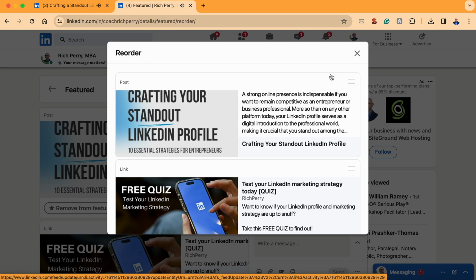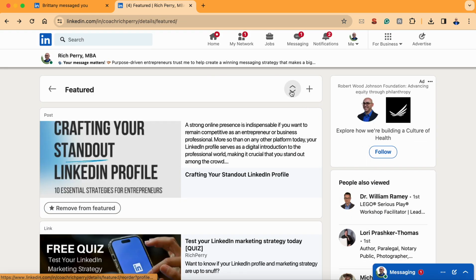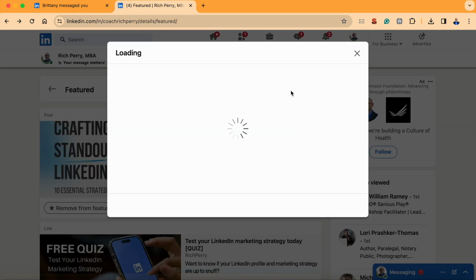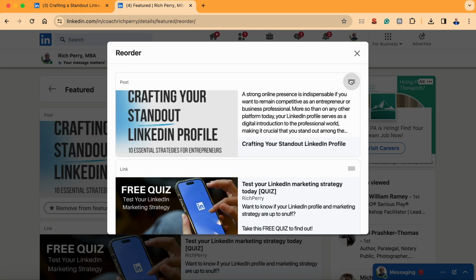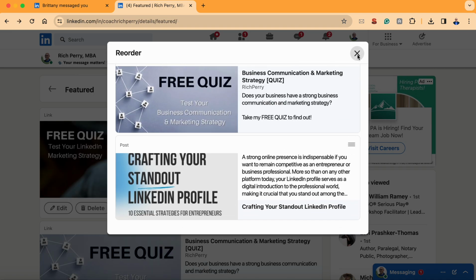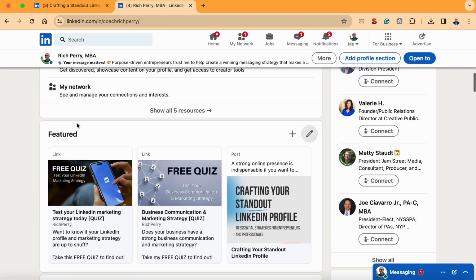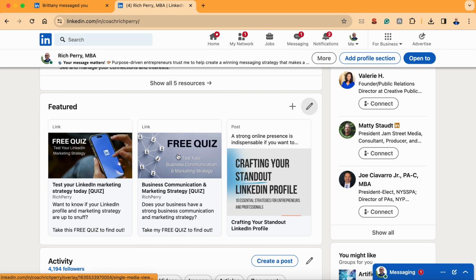Okay, so now we can reorder them from here. We're going to click these buttons right here, the arrows, and then from here we can reorder. All right, so let's see what that looks like. So now we've made the quizzes first, and here the crafting your standout LinkedIn profile guide is last,